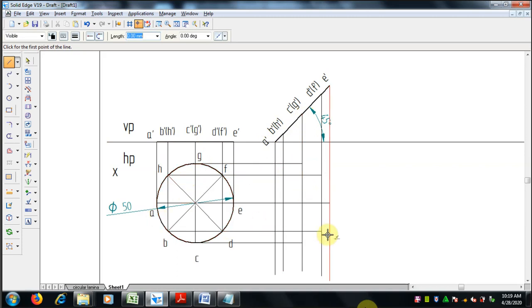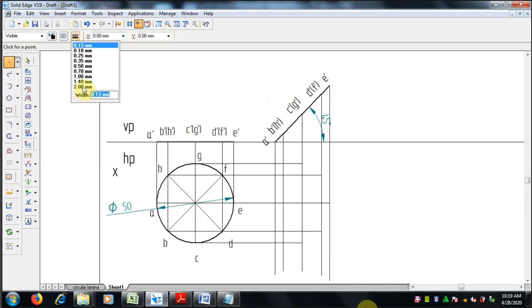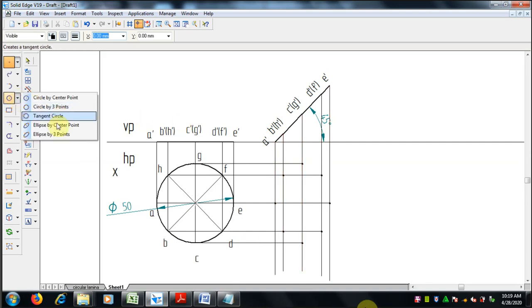Right. So for clarity, we can make points in the intersection lines. Mistakes should not happen. So we can make points with a 2 mm thickness, where A, B, C, D get intersections. If we put those points, then it is easy for drawing the top view. Even if you make mistakes in extending the lines, these points will help us to know what is the shape of that.